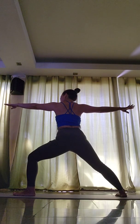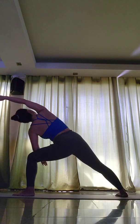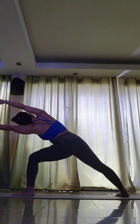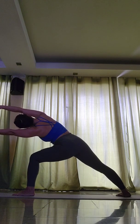Then bring the front elbow down to rest on the knee. Opposite hand reaching straight up to the sky. Option to bring that top arm in line with the rest of your body. So again, long line from the heel of your back foot all the way out to the fingertips. And then if you want to bring the obliques into it as well, you can extend that bottom